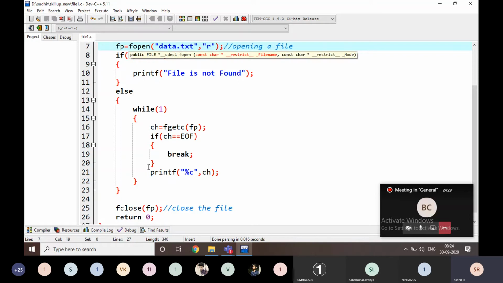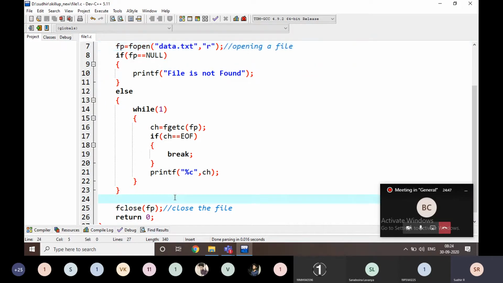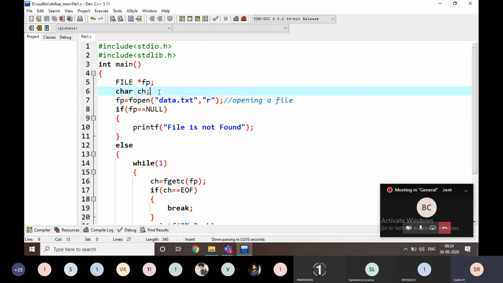Now I am going to read the total data and put it in one string variable. How am I going to maintain the data like that? I am going to maintain it using a string variable.